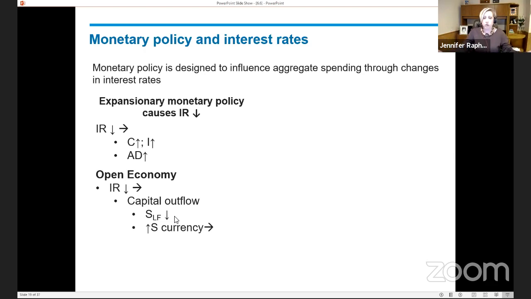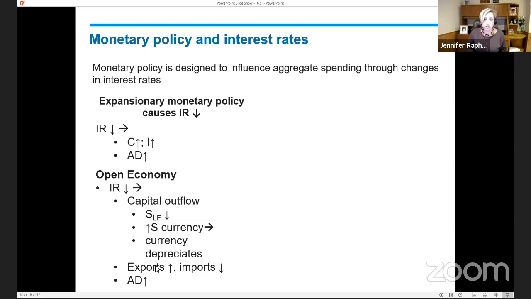They put their domestic currency in the foreign exchange market in order to be able to purchase financial assets in other countries. The increase in the supply of the currency causes the currency to depreciate. And then we have this effect on trade. When the currency depreciates, exports go up and imports go down. That's going to cause aggregate demand to go down,